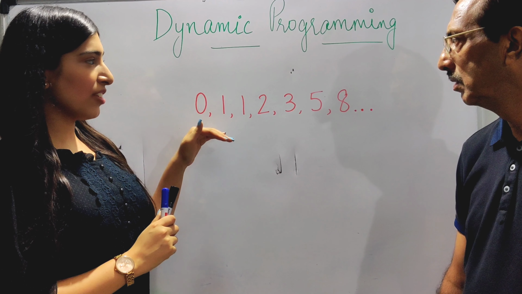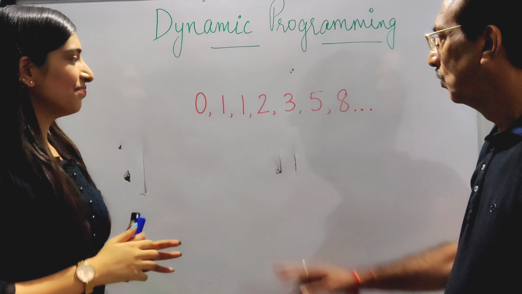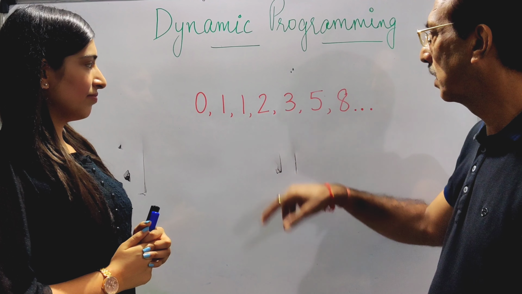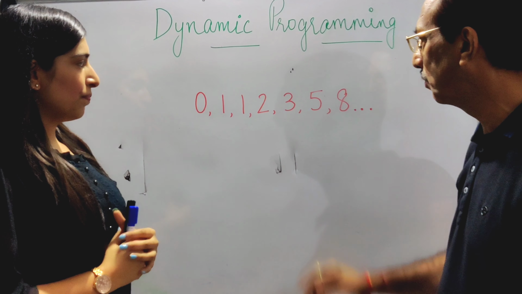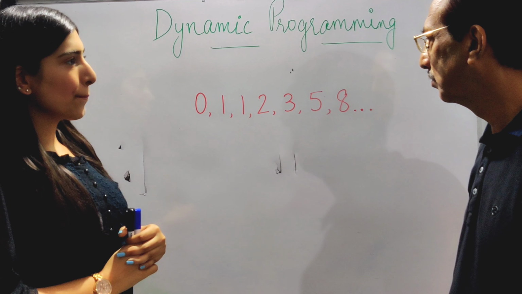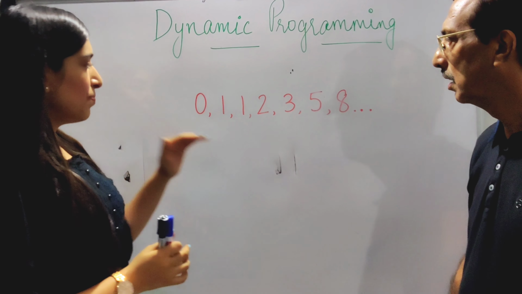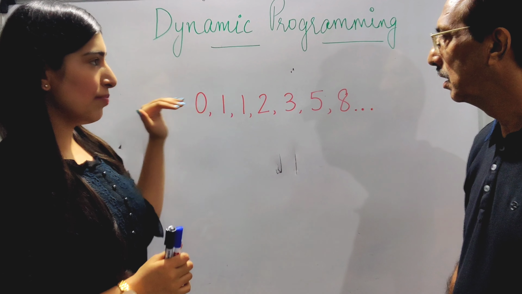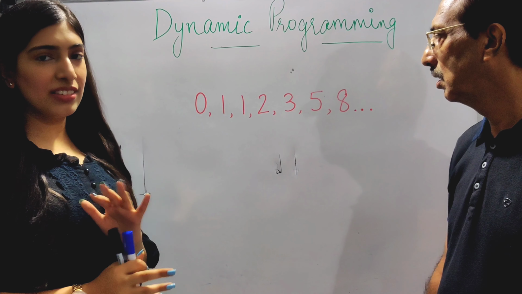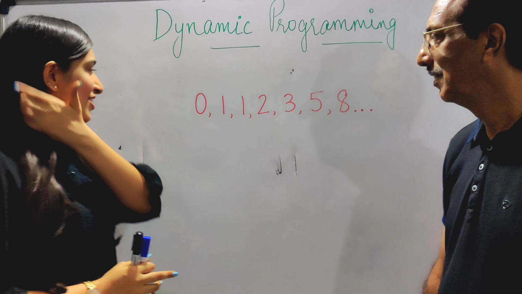Here is a series. Can you notice the pattern behind it? Let's see. 1, 2, 5. No, I'm not able to recognize the pattern because neither arithmetic progression is there, neither geometric progression is there, neither the alternate numbers are. Can you please help? I don't find any pattern. So the pattern is that every number is the sum of the previous two numbers. Actually the pattern is given to you in the question, so you don't have to bother about it. This was just for fun.